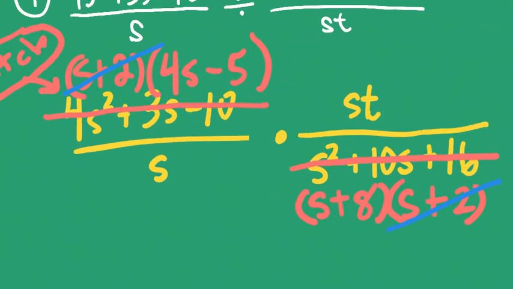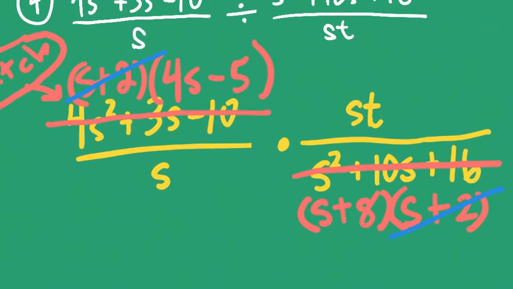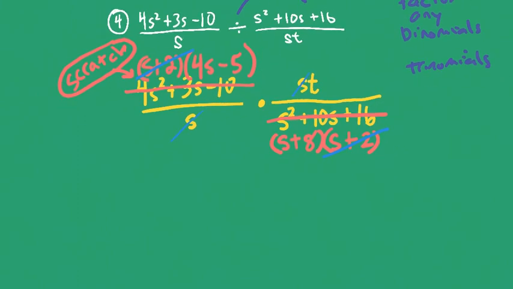And then also with the monomials, if one's on top, one's on bottom, if they have individual pieces that cancel, you can go ahead and do that. So 1s, 1s. And it can get a little bit messy, so be careful what you write on the following step. So the only thing left on the top left was 4s minus 5